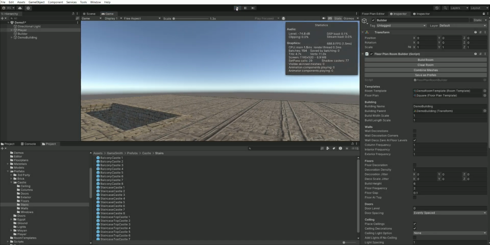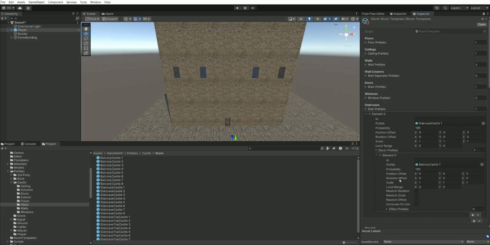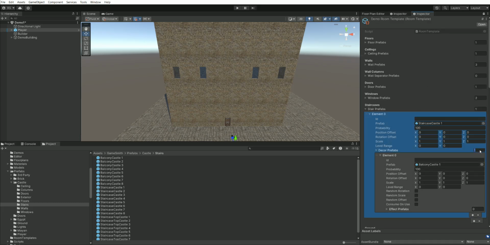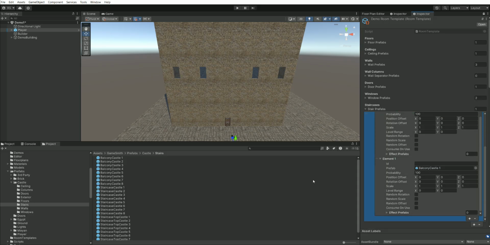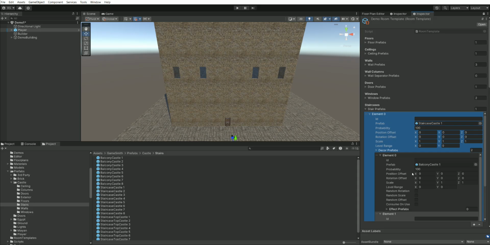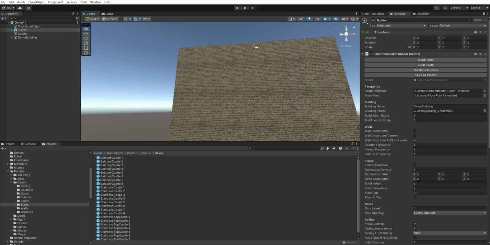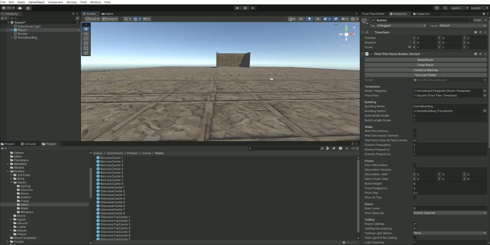If we wanted a top section, we can also add in a second decoration prefab. And instead of a balcony, we'll say staircase top castle 1. And we need to make that 1 tile high, so it sits on top. And now if we go build room, we should see that we have a